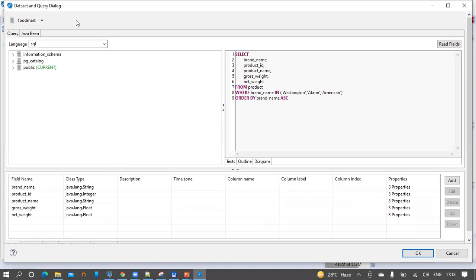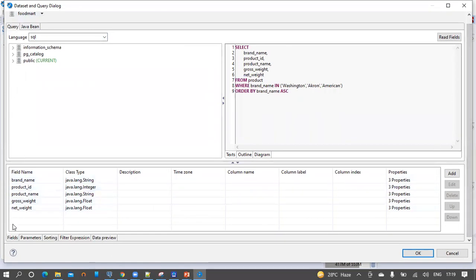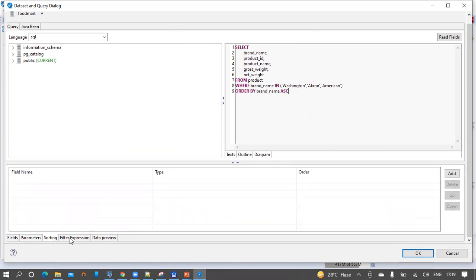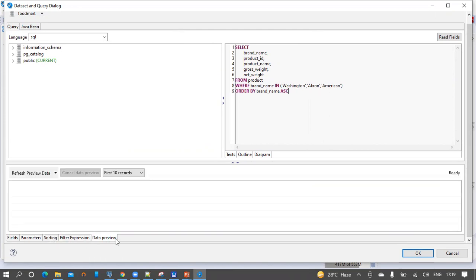We have created this main dataset on top of a JDBC connection, which is FoodMart in this case, and the language type is selected as SQL. And there are operations that we can perform on it: fields, parameters, sorting, filter, expression, data preview. These are some of the options associated with the main dataset. So click OK or Cancel.